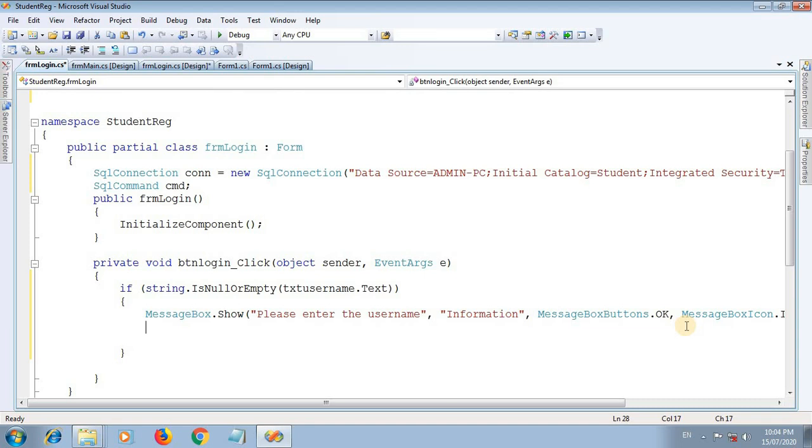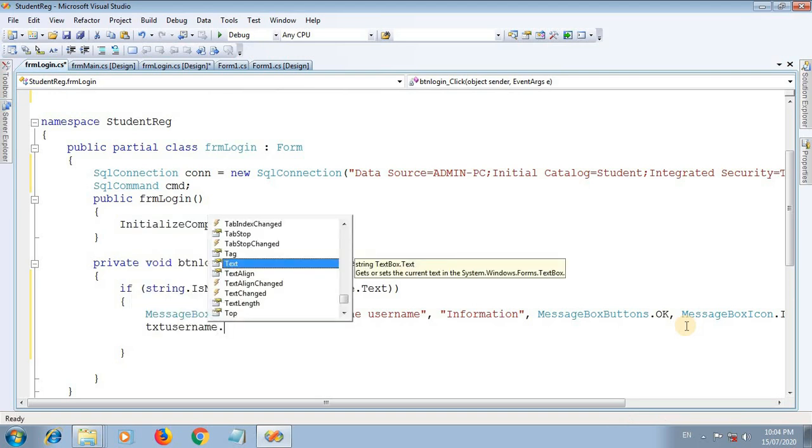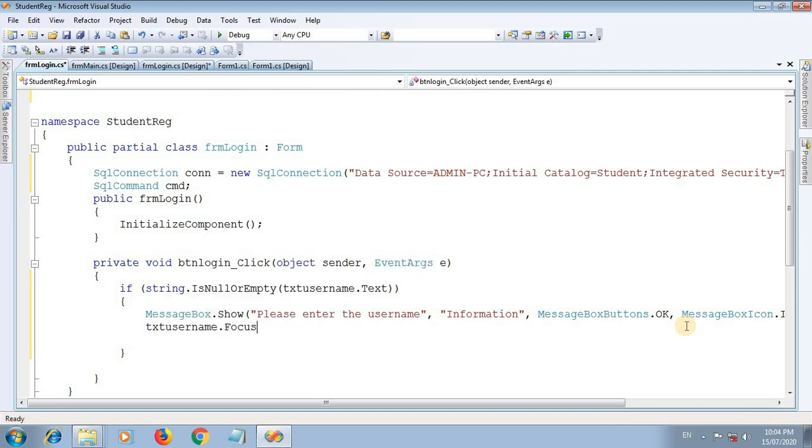How can we blink a cursor on that particular text box? Our text box name is txtUsername, and there is a method called Focus. So our cursor will blink on that text box.